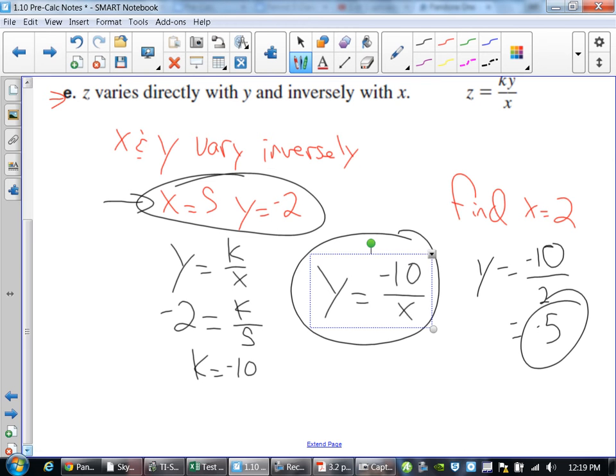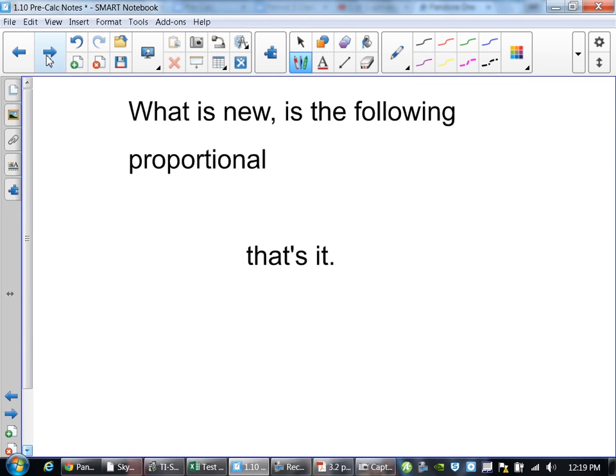So when we go through this then, the only new term that they're going to say instead of varies directly or varies inversely or something like that, it'll say this: proportional. That's the only new thing that they say here, is it'll be proportional. So you're doing all the same work, but instead of saying